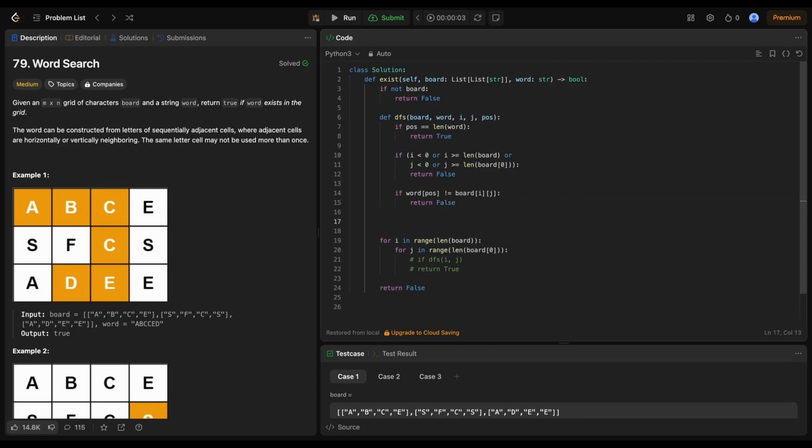Our next step is going to be to save the current letter, because we're going to be modifying the board, and we're going to be swapping out the current letter for an invalid character, just to make sure that we don't go over it twice. So we can say temp is equal to board at i and j. Just save the current letter, and then we're going to change board at i and j to be equal to hashtag, because hashtag doesn't occur. Okay, now we're going to say found